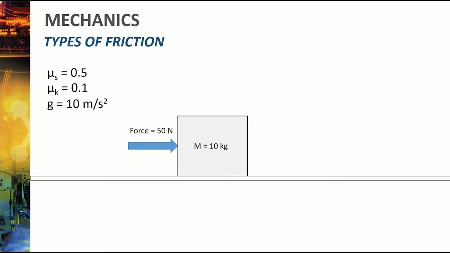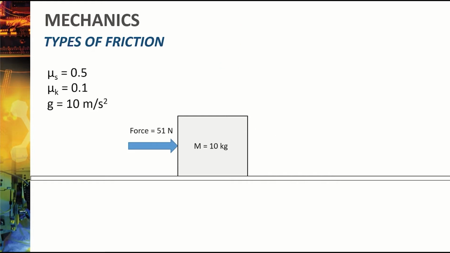If we pushed on our block with 50 newtons, what would happen? Well, now friction would be a little bit less happy. And the reason is because, oh no, it has to provide its maximum amount. It can't even put any energy towards going to have fun. So friction's pretty sad right now.